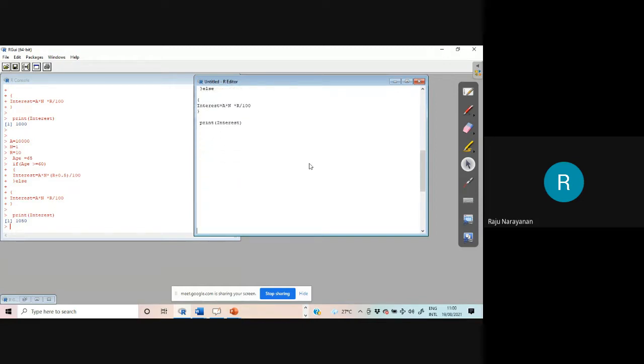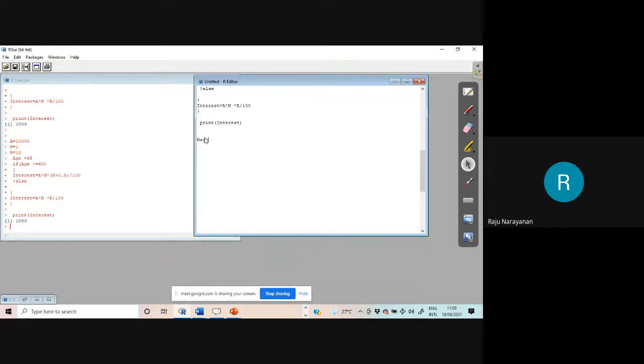Now you can use the if-else ladder. What is that if-else ladder? Suppose you are classifying the results of students like this. If the percentage of marks is greater than or equal to 75, place the student in passed with the first class with distinction. If it is between 60 and 75, first class. Between 50 and 60, second class. Less than 50, failed. Let it be failed so that we can stop there.